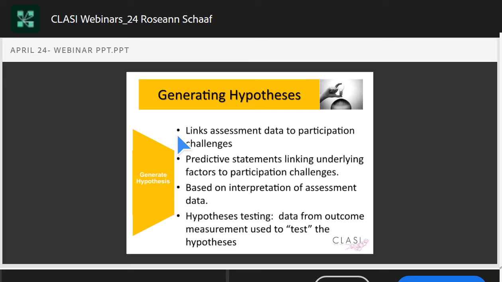So your hypothesis is a predictive statement that links the underlying factors to the participation challenges. And in the case of Ayres Sensory Integration, it's linking the sensory motor factors to the participation challenge. It's based on the interpretation of the assessment data. Now, once you have your hypothesis, you can think about your intervention as being hypothesis testing. What you're doing is creating a hypothesis. For example,